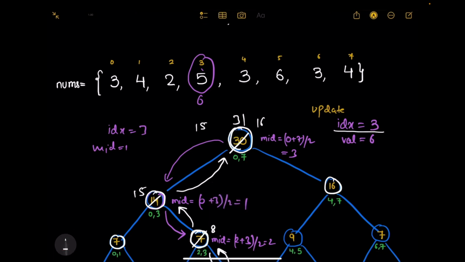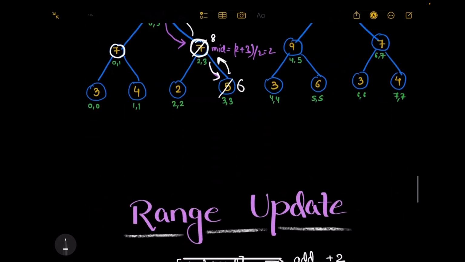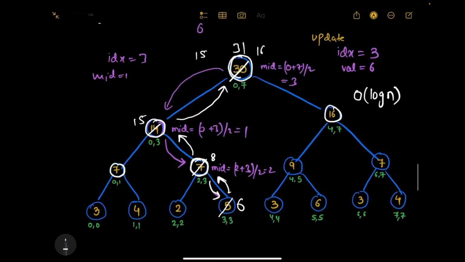तो अब बात आती है कि ये तो मैंने एक इंडेक्स को अपडेट मारा ना, तो यार एक इंडेक्स को अपडेट करने में कितना लगता था, log ऑफ n लगता था टाइम। राइट, अब हमारे पास रेंज आ चुका है, रेंज दिया रहेगा और उस रेंज में सारे इंडेक्स को हमें अपडेट करना पड़ेगा, रेंज अपडेट। तो मान लेते हैं प्रॉब्लम दिया रखा है कि स्टार्ट से लेकर एंड तक के इंडेक्स में जो इंडेक्स आ रहे हैं सबकी वैल्यू को आपको चेंज करना है, या तो सबकी वैल्यू में +2 करना है एंड सो ऑन।